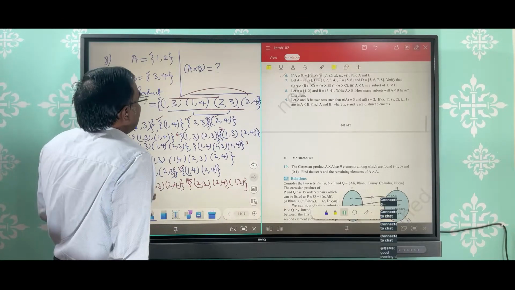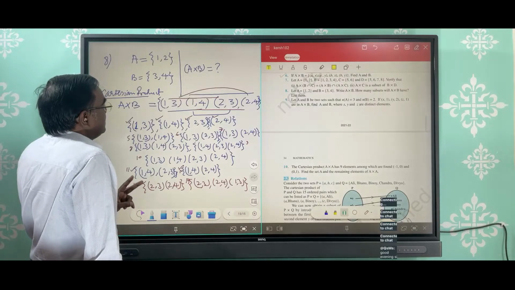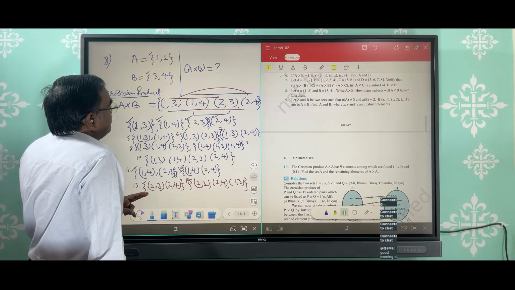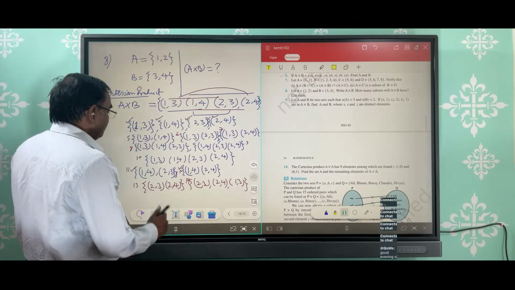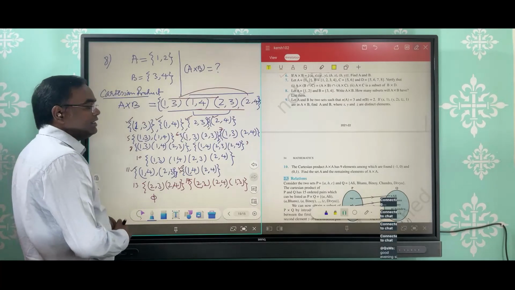Now the 2 others are left. The last one is the empty set. That is the